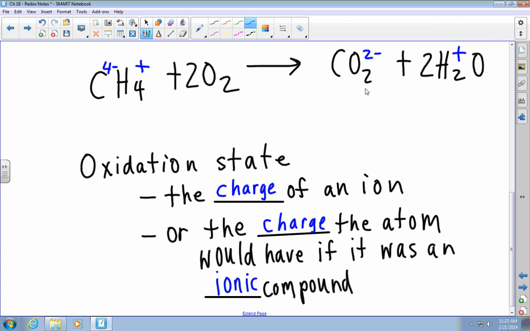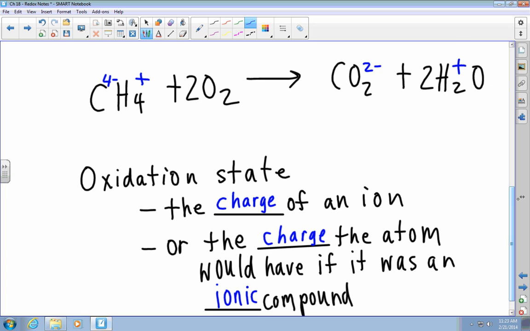So carbon in carbon dioxide has to be 4 plus. So carbon is going from 4 minus to 4 plus. So is it being oxidized or reduced? Its charge is going up. And if charge is going up, it's oxidized. So the carbon is being oxidized,